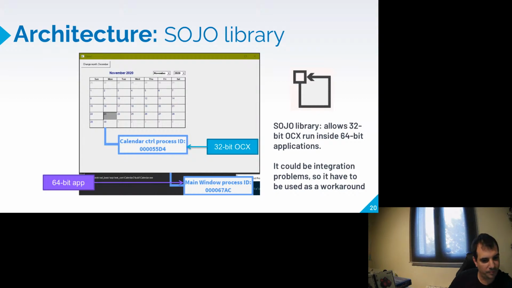In theory, it couldn't be done because a process couldn't mix 64-bit and 32-bit addresses. But the trick here is the ActiveX is run in another process, a 32-bit process, and your application runs in another process, a 64-bit process.